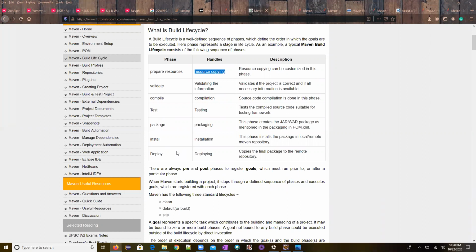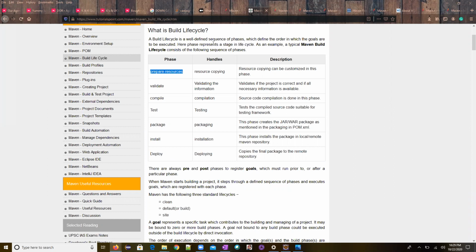Now, if you wanted to customize anything, you need to go to this particular phase and customize that particular resources in this phase. Because if you wanted to execute, first you need to get all those resources, right? Resources is nothing but your jar files. You need to get all those jar files. So if you wanted to do any customization at the resources level, the resource copying level.